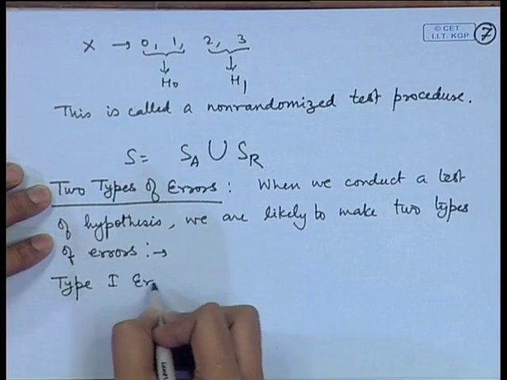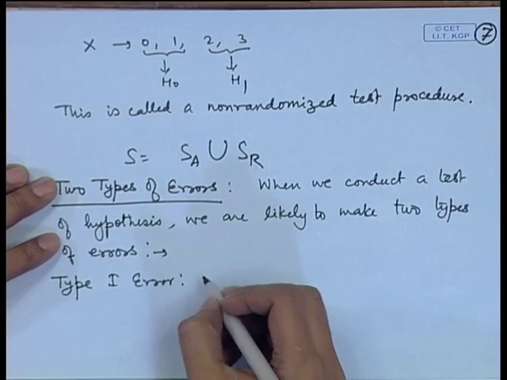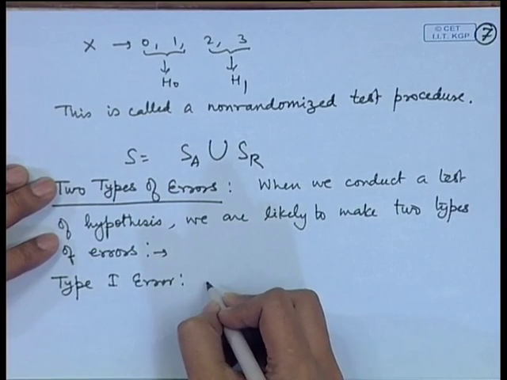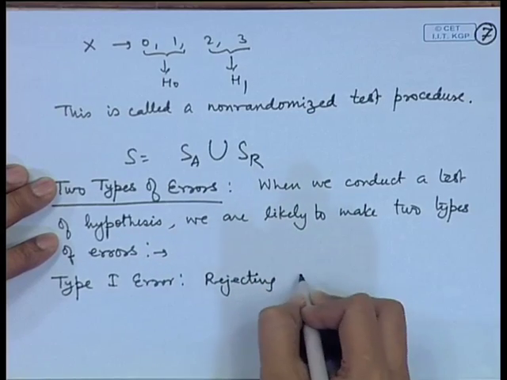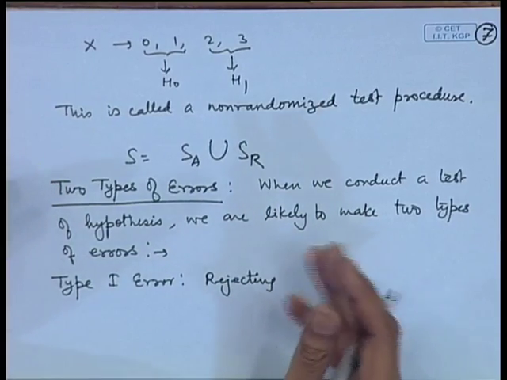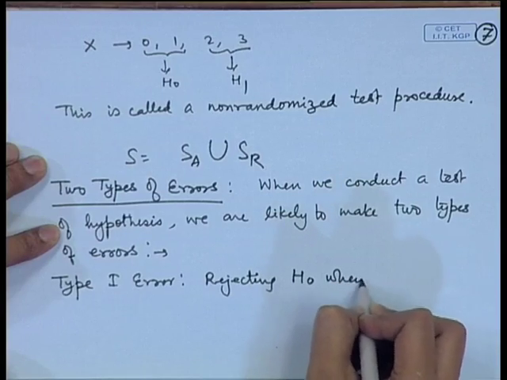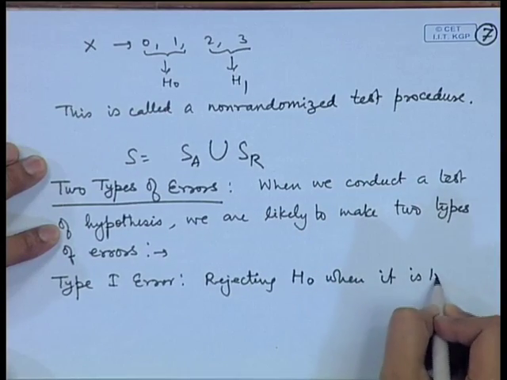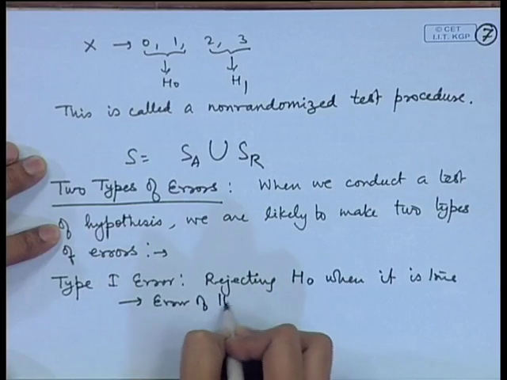So, what is type 1 error? This could be rejecting. Now we will use a standard notation: H naught is the null hypothesis and H 1 is the alternative hypothesis. So, rejecting H naught when it is true. This is called error of the first kind,